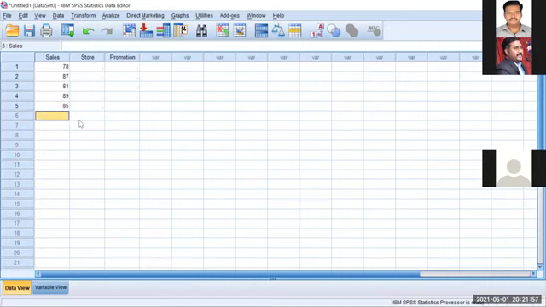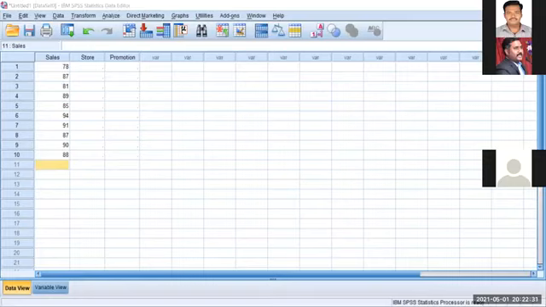I told you, right? When you're entering the data horizontally, according to the respective dependent variables, you have to choose whether it's like 1 1 1 1 or 1 2 3 1 2 3 like that. So that you should be clear. Don't get confused. Next one is 94, 91, 87, 90, 88. This is the second row value.